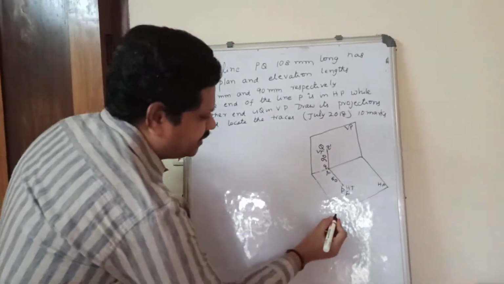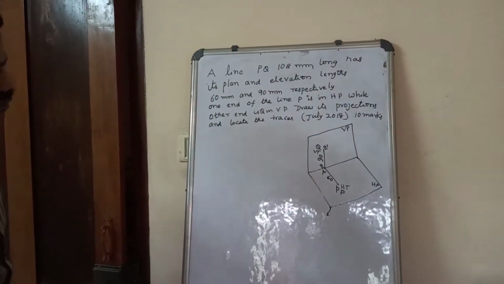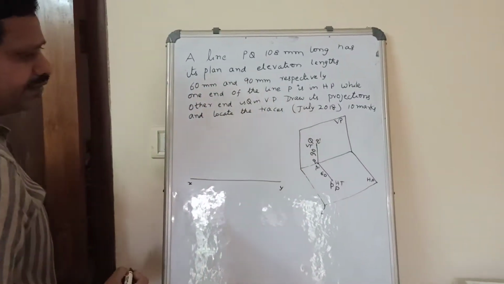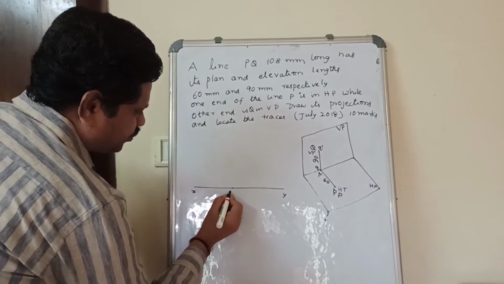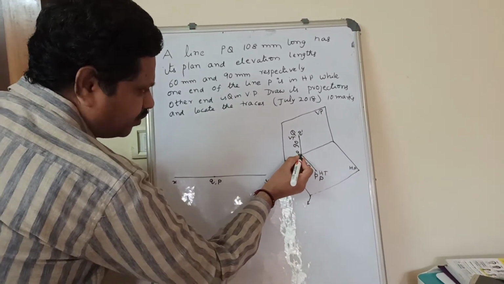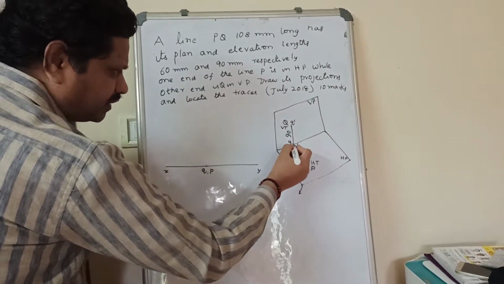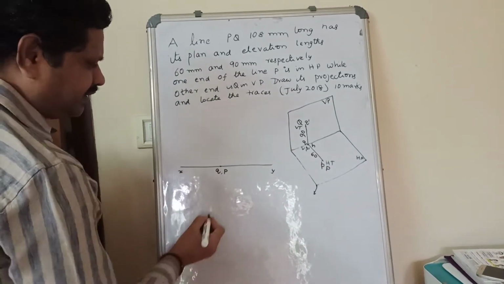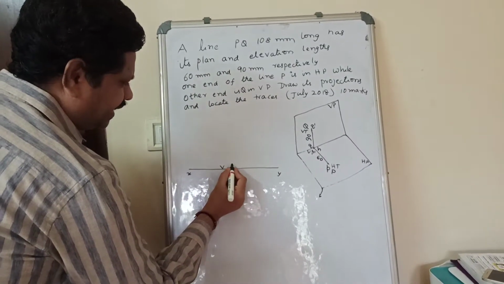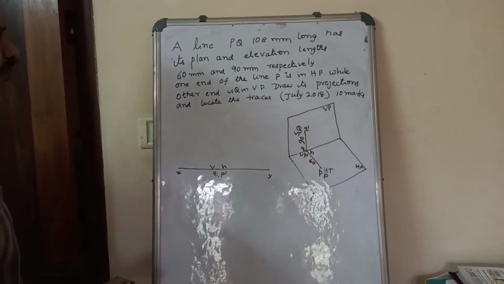Now we rotate this plane so that it comes vertically, so now we can draw it very simply. Just draw a reference line XY, and on the reference line you can mark Q and P dash. The position of the horizontal trace falls on the reference line, that is small h, and the projector of the vertical trace falls on the reference line, that is small v. The same point is Q and P dash, V and H, and the front view length is 90 mm and the plan length is 60 mm.